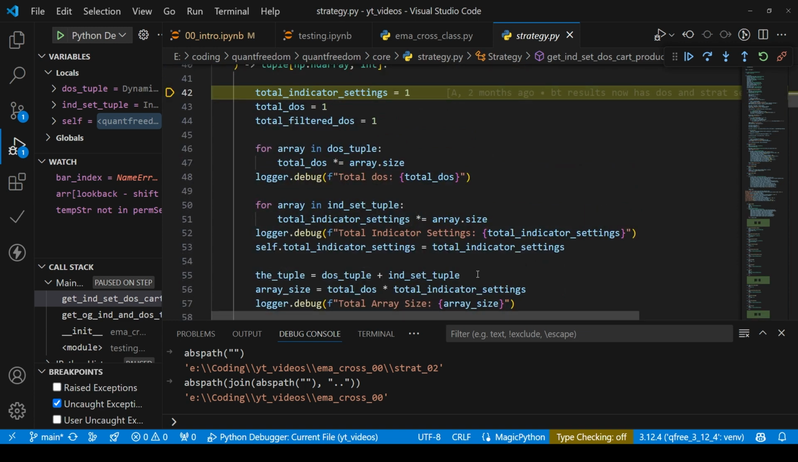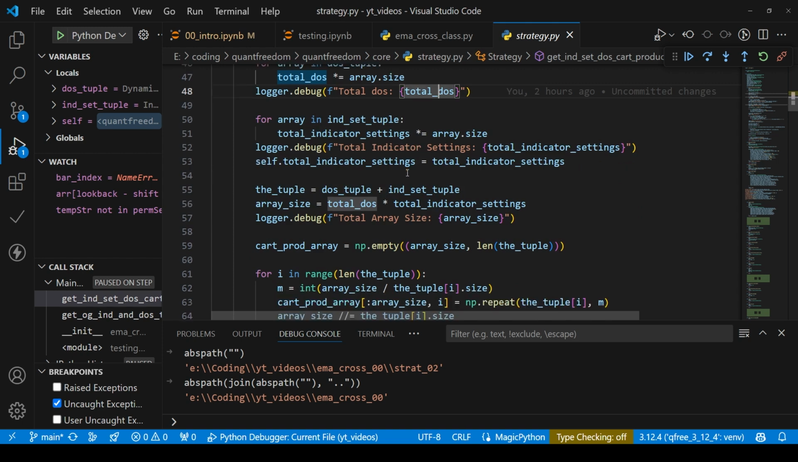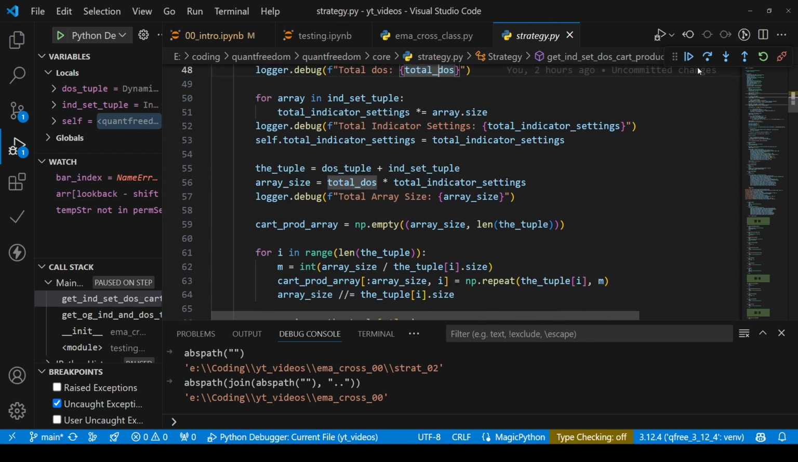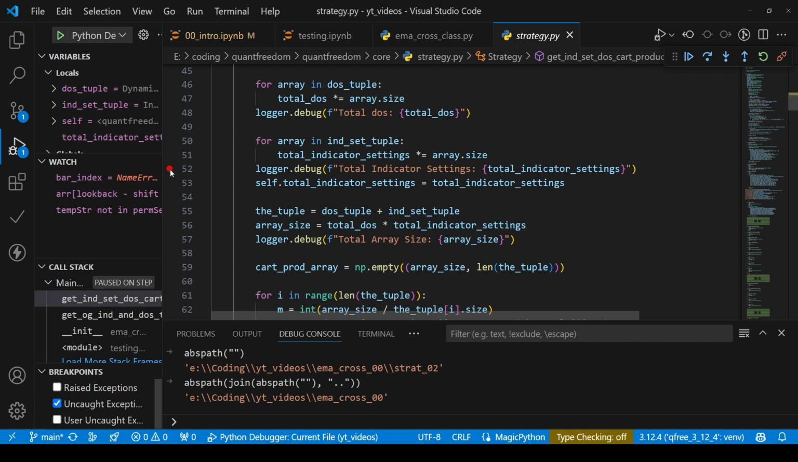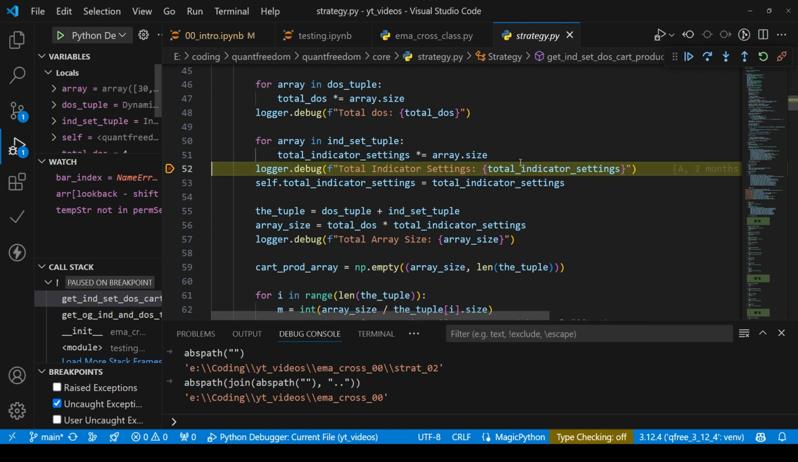All we're doing is creating the Cartesian product of everything in this right here. Okay. So we're going to combine all of the possible combinations of the dynamic order settings and the indicator settings and put them together. So here, if we move forward past this and this play button, so you can see here